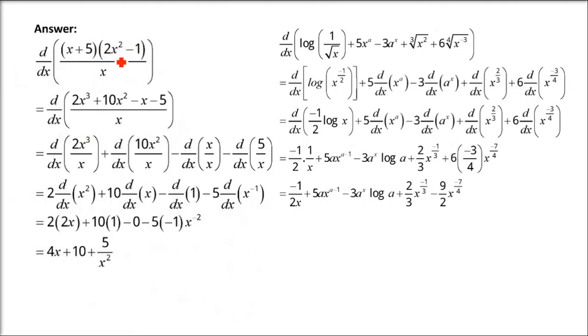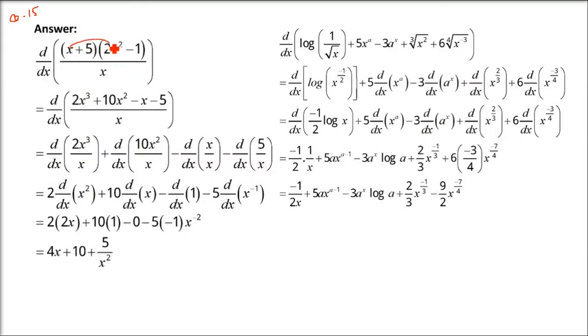Now this is x plus 5 and 2x square minus 1 by x. This is question number 15, and question number 15 and 16 are both in the same frame. So this is question number 15. I'll just go to question 16 first. Let me tell you, this is what we have done already in the earlier questions, like 5th question and 10th question, like this.